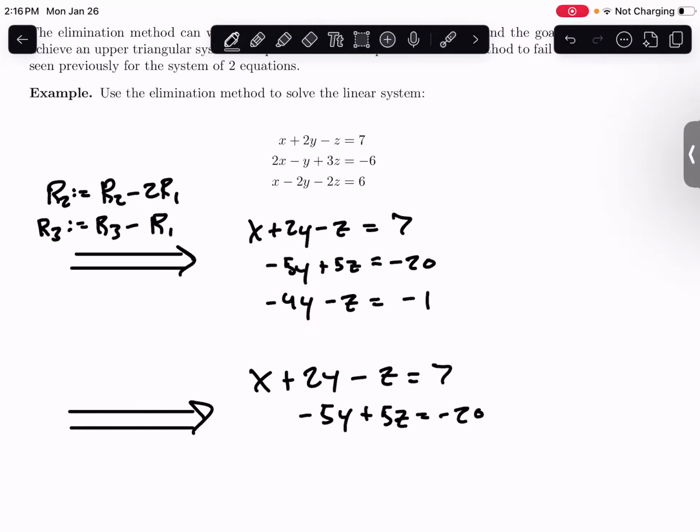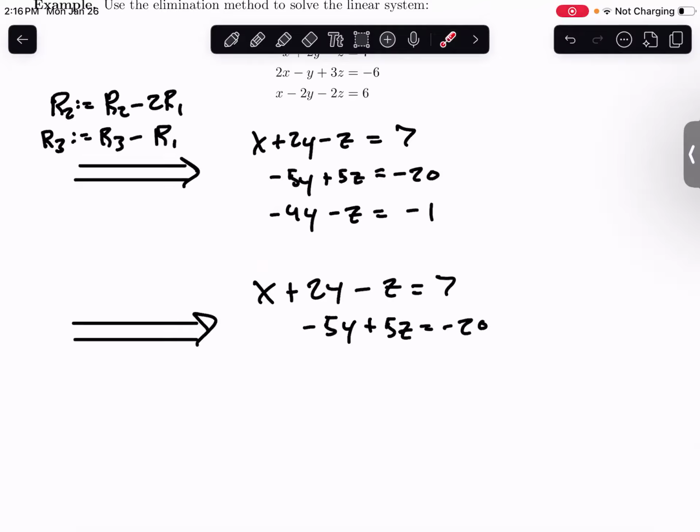This is minus 20. And then we want to do something to get rid of this minus 4, right? And so how to get rid of this -4 is you want to multiply this -5 by something such that when you add it to -4, it ends up being equal to 0. That's just going to be -4/5. If you multiply by -4/5, I feel like I should illustrate this. So if you multiply by -4/5,